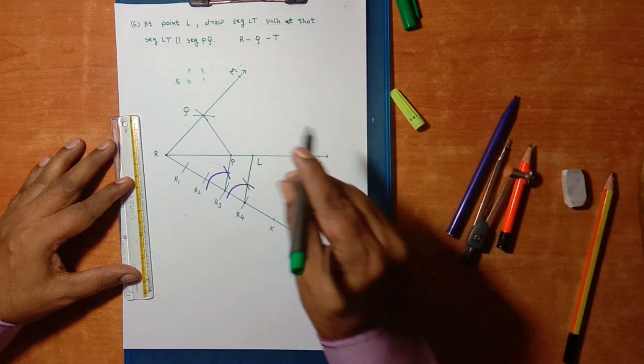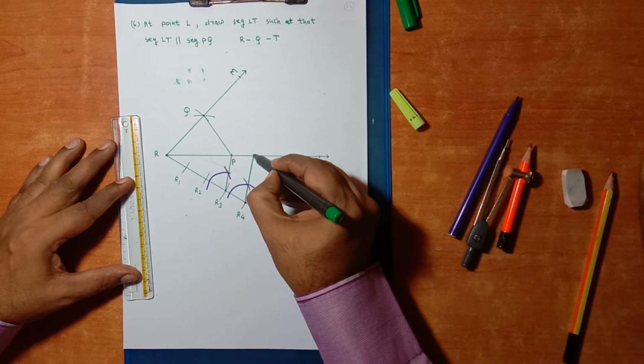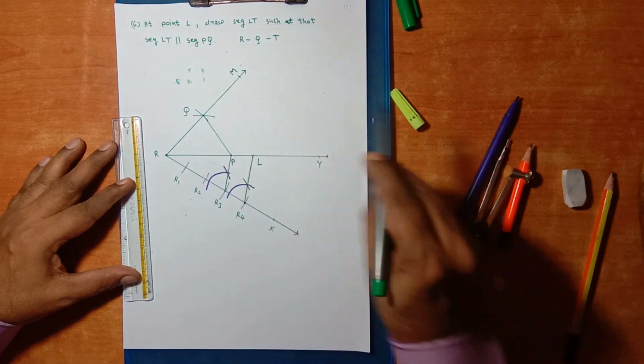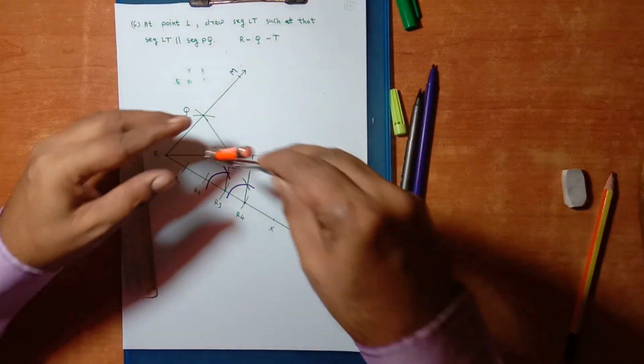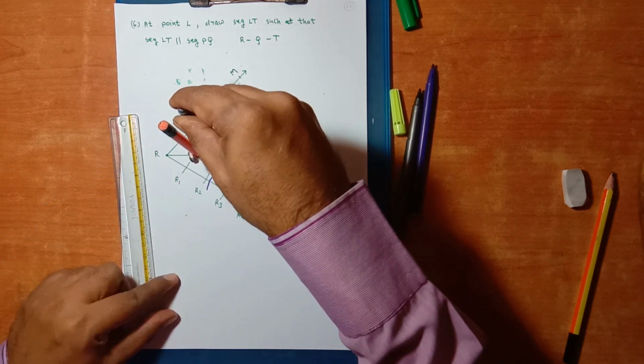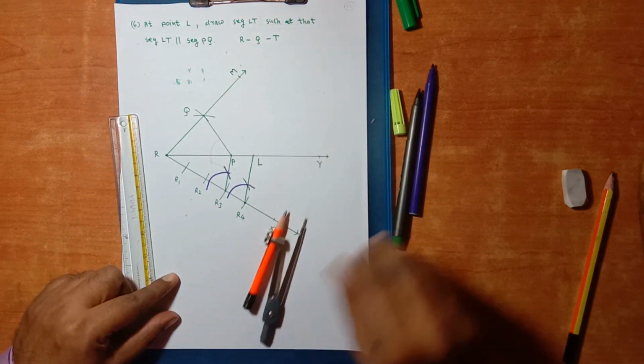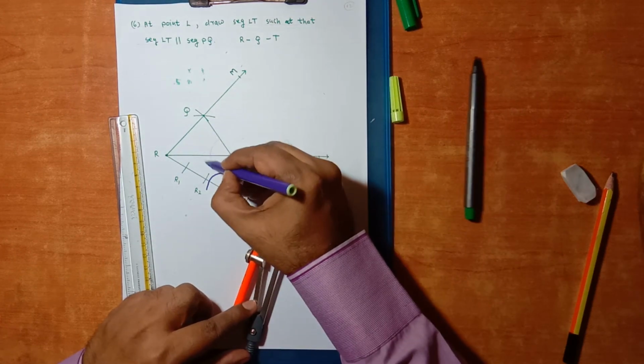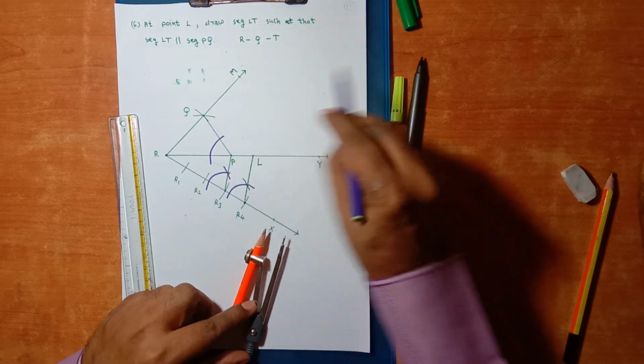Now from point L we have to draw a segment parallel to segment PQ. We will repeat the same procedure, keeping steel point on point P. Again I will draw an arc. This is the arc.